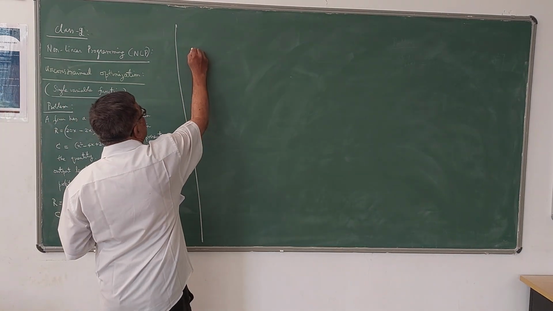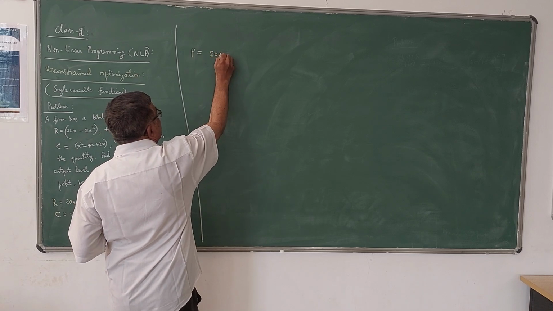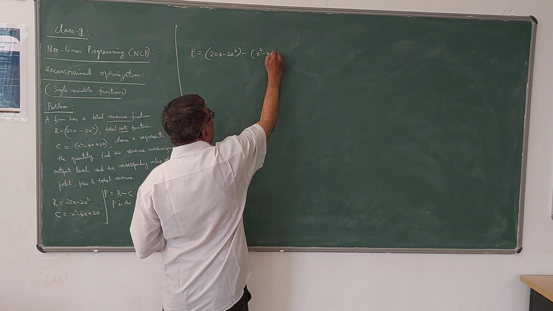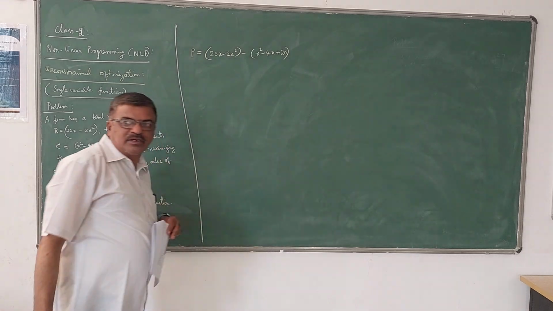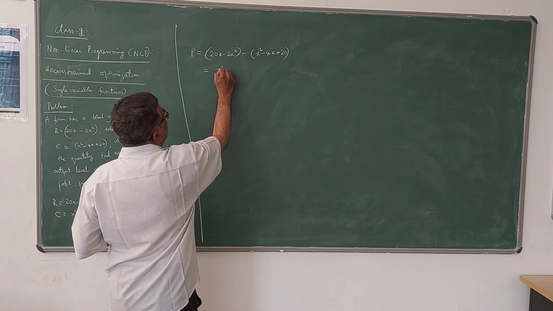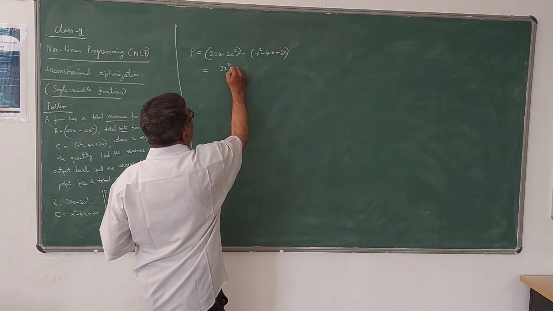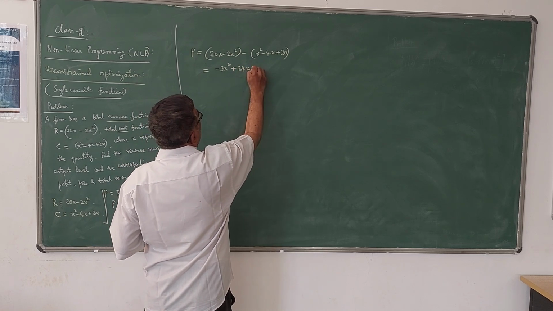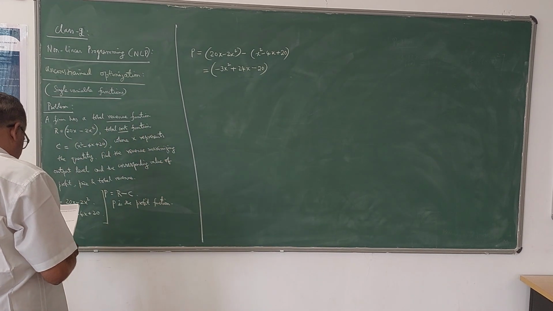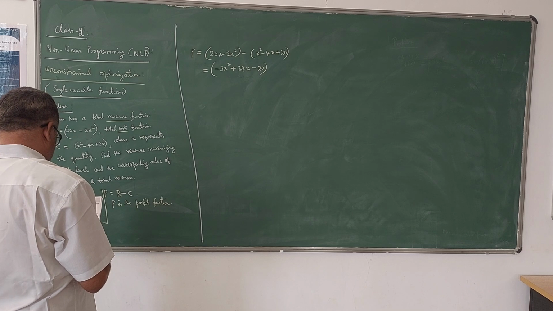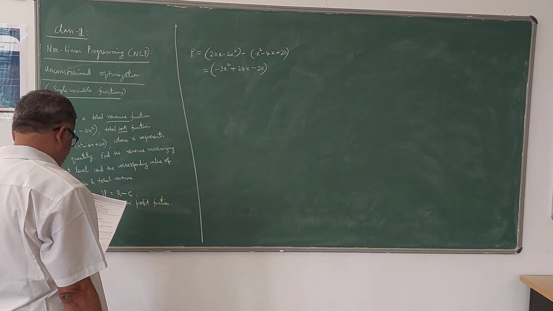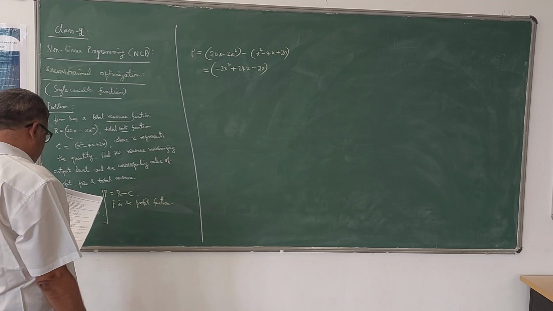So P is equal to R minus C, where R is given as 20x minus 2x square, minus C, that is x square minus 4x plus 20. This is your profit function. This you have to derive. So it is minus 2x square minus x square, which is minus 3x square, plus 20x plus 4x, 24x, then minus 20. This is the profit function. Now what we have to do here is, since this is the function we got,